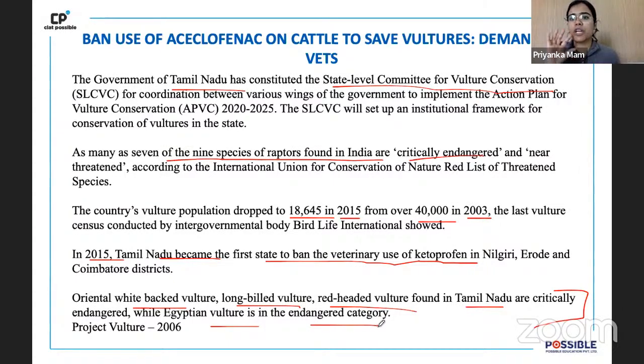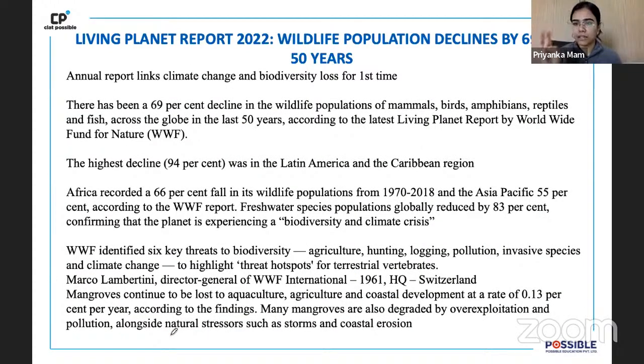बाकी vultures की बात करें, अगर protected area बना भी लेते हैं तो वो दूर दूर घूमते रहते हैं. I mean, that is not something that I'm saying, that is something that was written in the article, so I'm just like reiterating that. बाकी जैसे प्रोजेक्ट टाइगर हम लोगों ने शुरू किया था, ऐसी प्रोजेक्ट वल्चर भी हमने शुरू किया था in the year 2006. So we know about acylflinac and diclofenac, and we know about Tamil Nadu. We know that first week of September of every year is dedicated to the conservation of vultures. We know that we started our project Vulture back in 2006, and most of the species that we have are critically endangered or in the endangered category, is why we need to work towards that.